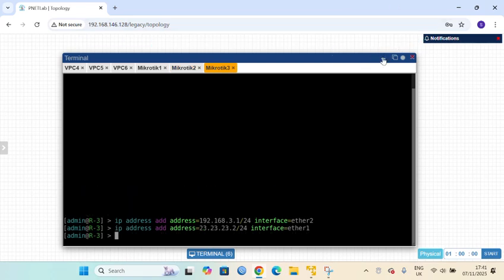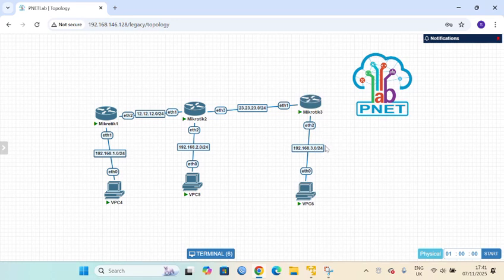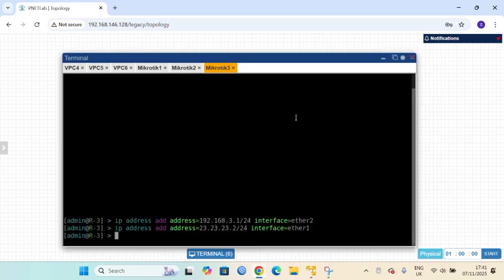And next we go to router 3 again. Just like before, we see the connected IPs. The connected networks are 192.168.3.0 and 23.23.23.0. I'm sorry, wrong command. So routing rip network add network is 192.168.3.0/24.